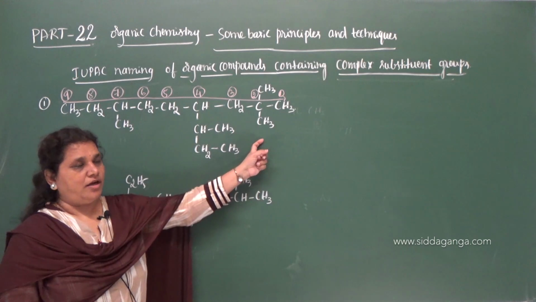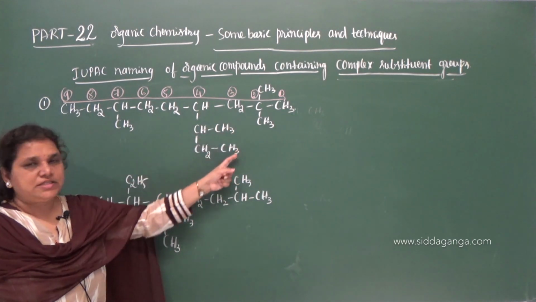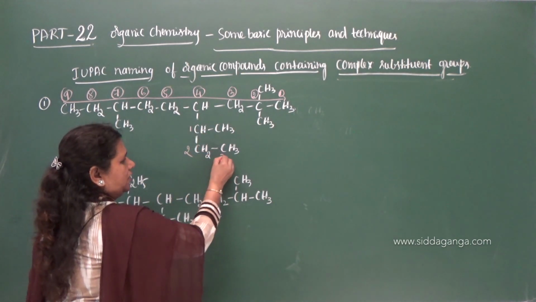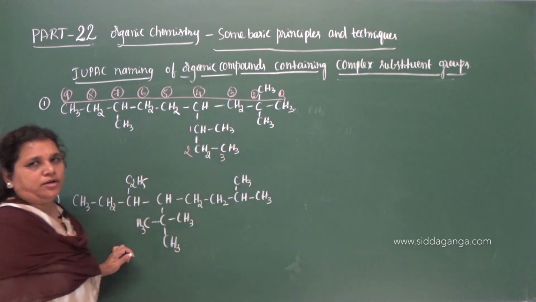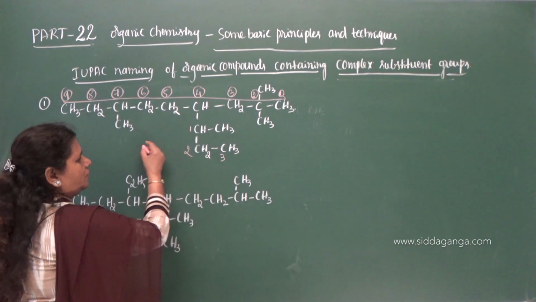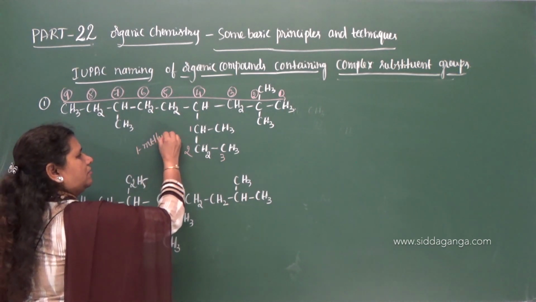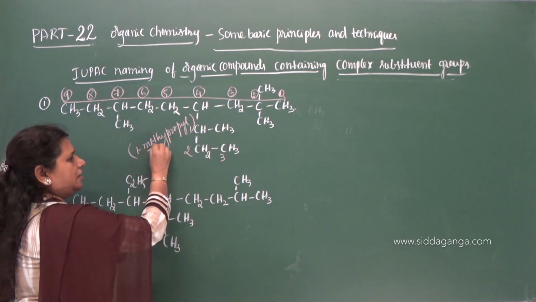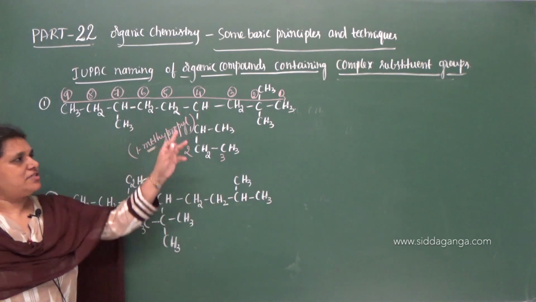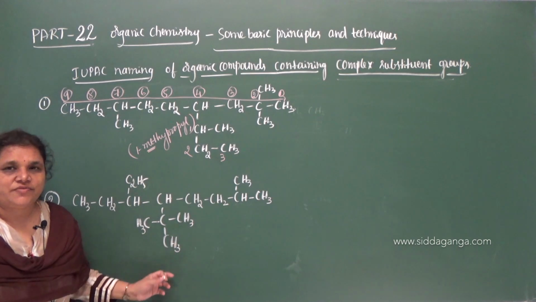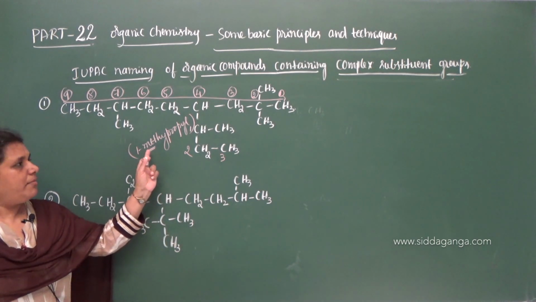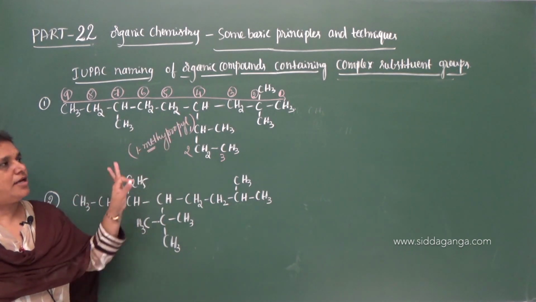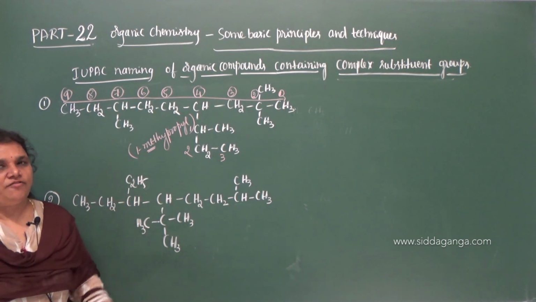So trimethyl we have, and we need to name this substituent now. This is a substituent 1, 2, 3. 1-methyl propyl. So the name of this group is 1-methyl propyl. 1-methyl propyl is the IUPAC name, and here also it starts with M. The first letter of the first substituent group also starts with M, and this also starts with M, but it is again followed by P, propyl. Therefore, we need to take trimethyl as first in the alphabetical order.